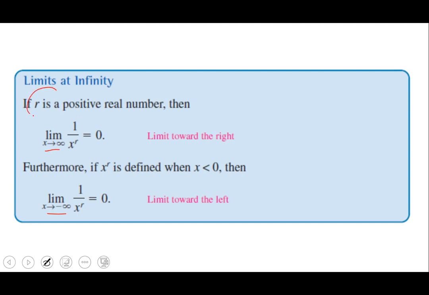So again, consider what they mean when they're talking about r being a positive real number. That means that if you had 1 over x to the first, 1 over x squared, 1 over x cubed, and that could also be something like 1 over x to the 3/2 or something like that. If you are trying to talk about the limit, which means as x gets larger and larger and larger,